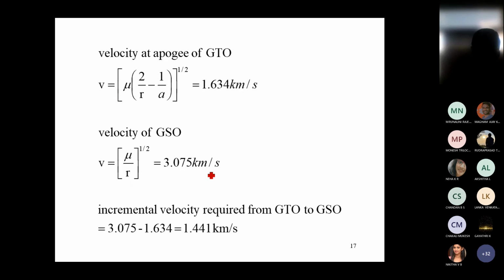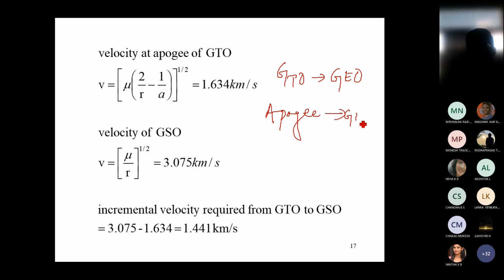The same calculation you will do here, from GTO to GEO, where the change of orbit happens. When we are changing from GTO to GEO, at which location does the orbit change? At apogee. The stage changes at the point of apogee to GEO orbit. So we have to calculate the velocity at apogee. Now, if you see,